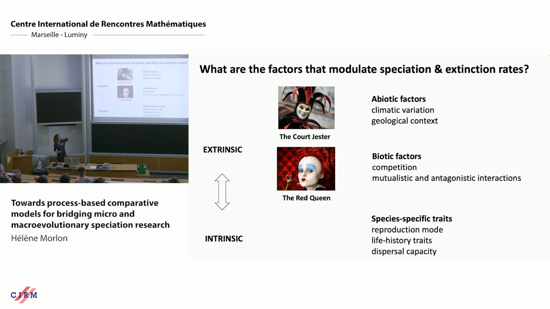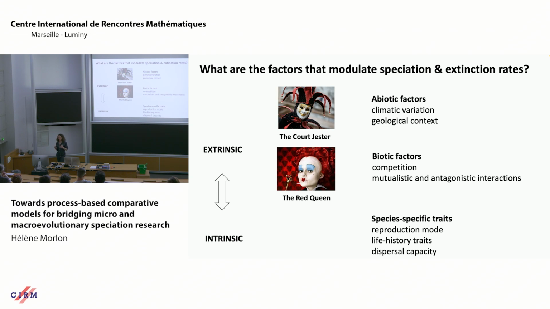We have diversification models where rates can vary with different degrees of competition or other types of interactions, or models called state-specific speciation extinction models that can test for the effect of species-specific traits. But this doesn't really go to the core